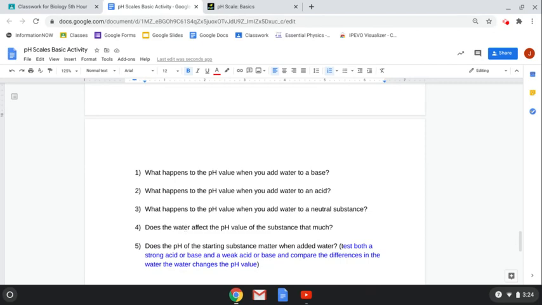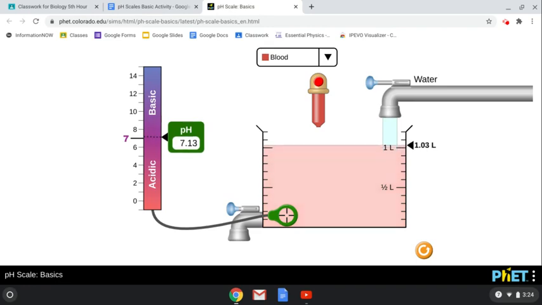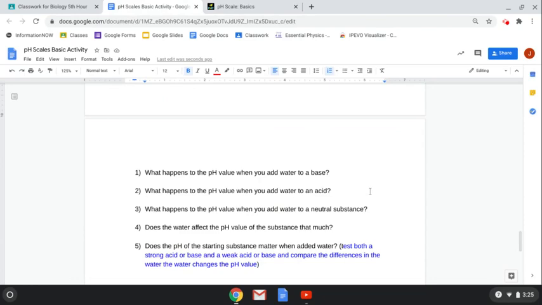So what happens to the pH value when you add water to a base? What happens when you add it to an acid? What happens when you add it to a neutral substance? So let's go back. The way you add water is up here. You're going to pull this out. So when I add water, my pH goes down for this substance. It's closer to neutral. So those are a couple things that I would type in to my assignment here. Now, does the water affect the pH value of the substance that much? So in that case, it didn't affect it too much, but you have to wait and see what it does